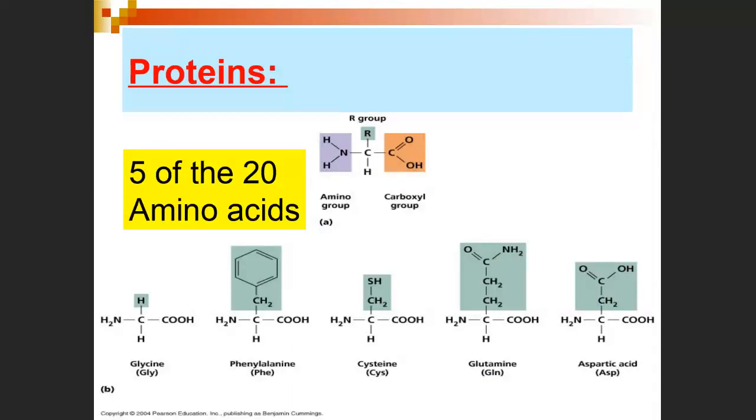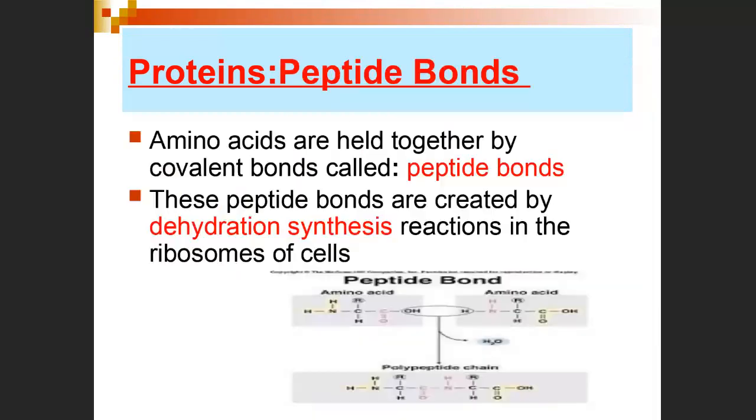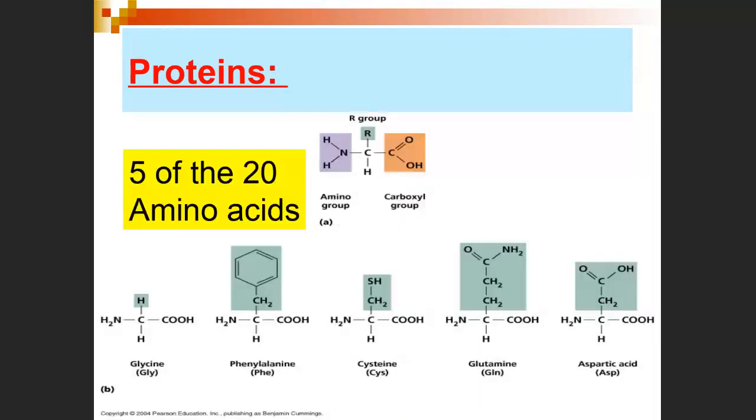Okay, there is just a little 5 of the 20 amino acids. And by the way, you should be able to recognize a molecule as an amino acid. The way you do that, all of them are going to have that central carbon. All of them are going to have nitrogen. The only two macromolecules that have nitrogens are the proteins and the nucleic acids. Lipids and carbohydrates do not have nitrogens. So you know that if there's a nitrogen somewhere, you're looking at either a protein or a nucleic acid. Nucleic acids are huge, easy to distinguish from a protein.